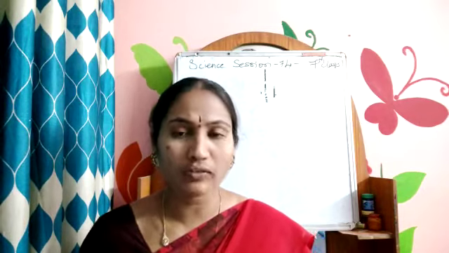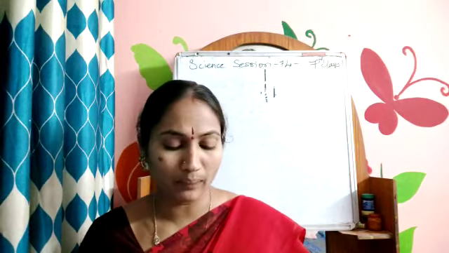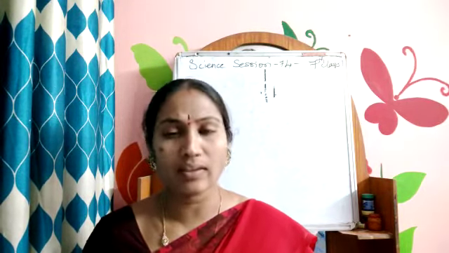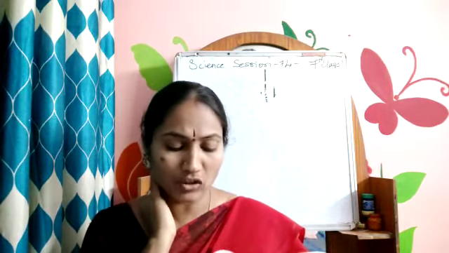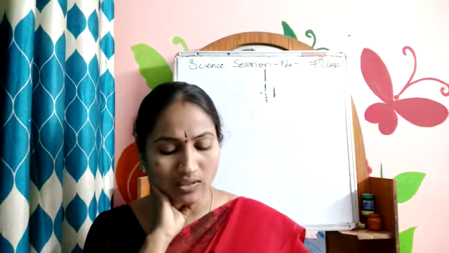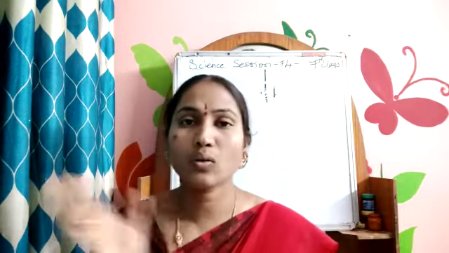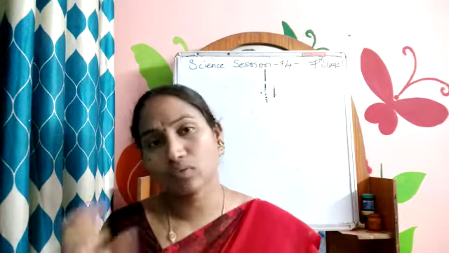Then add a small amount of detergent like surf or soap water, and a few drops of ink or any other color. This is all we have to put in the jar. Cap the jar, shake it well, and let the mixture stand in the sun for 2 days. Now shake it well and keep it in the sun for 2 days.